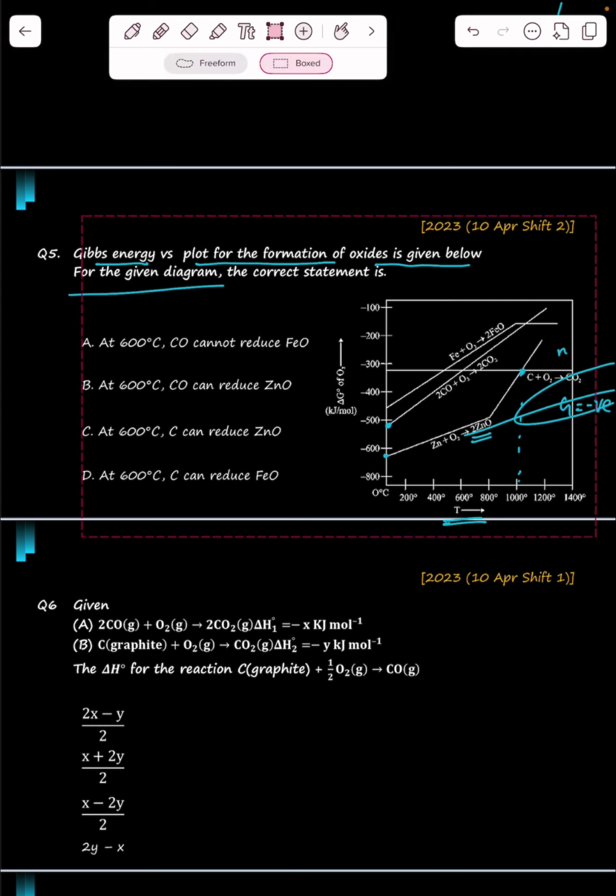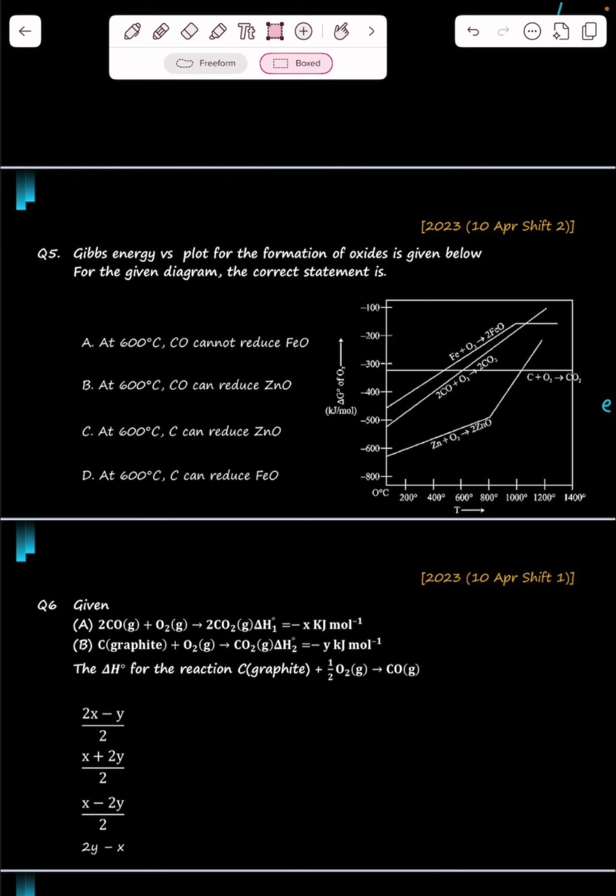जस्ट सेकेंड, मैं ये सारा रफ वर्क हटा दूँ पहले। ओके, अब देखो, तो एट 600 CO can not reduce iron oxide. रिड्यूस का मतलब है कि उसी के एलिमेंट को उसी से अलग कर देना। तो जैसे कार्बन मोनोऑक्साइड है और आयरन ऑक्साइड है, तो आयरन को रिड्यूस करेगा अगर CO2 ब्लॉक हो। तो लेट्स से कि CO2 कितना कहाँ पे जा रहा है, CO आयरन रहा, ये रहा आयरन ऑक्साइड, ये पूरी चल रही है यहाँ से,